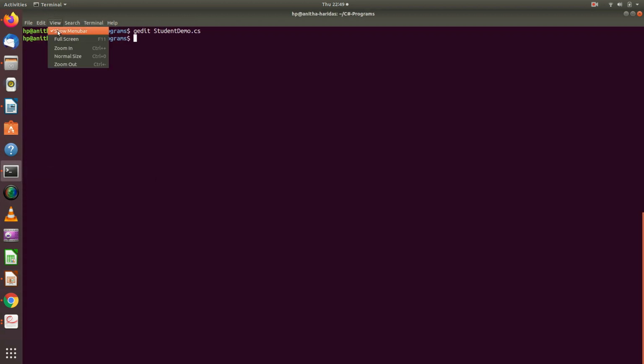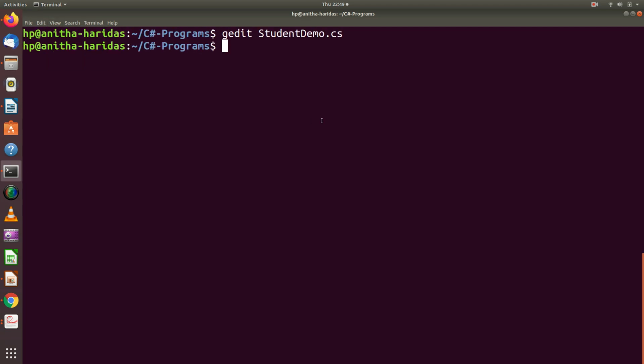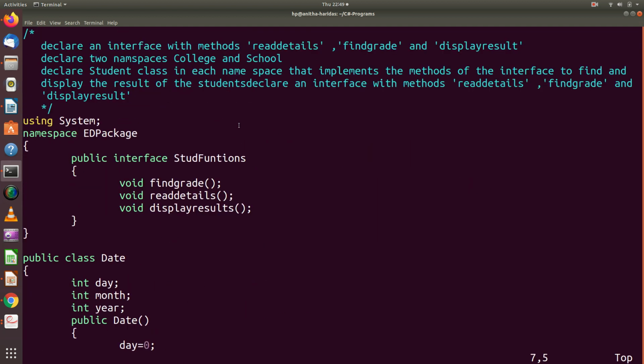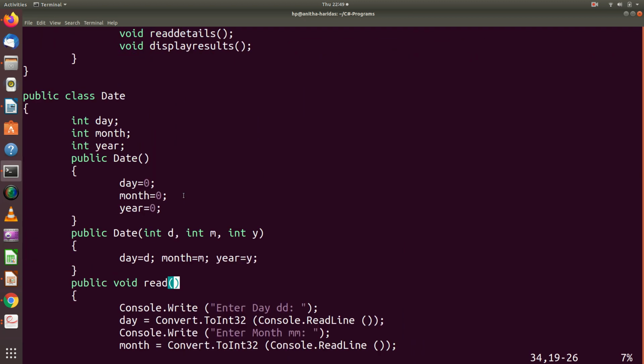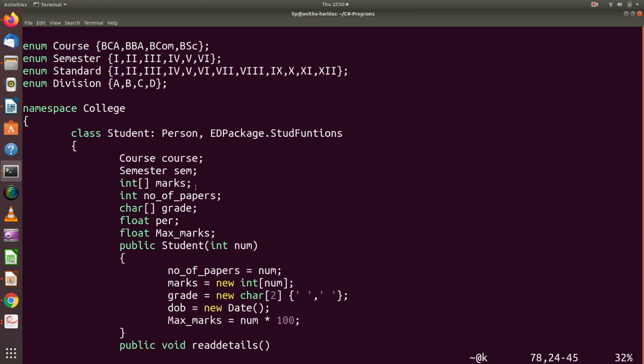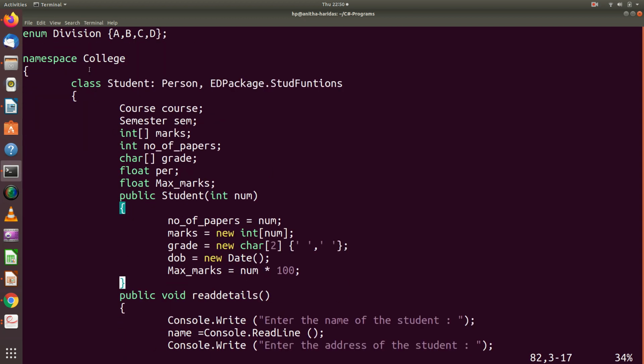Let me increase the size of the terminal. Let us execute this program. I open this program now. So whatever we have seen, the interface definition, then date class, enumerated data types, college namespace with college student that inherits person abstract class and the interface.